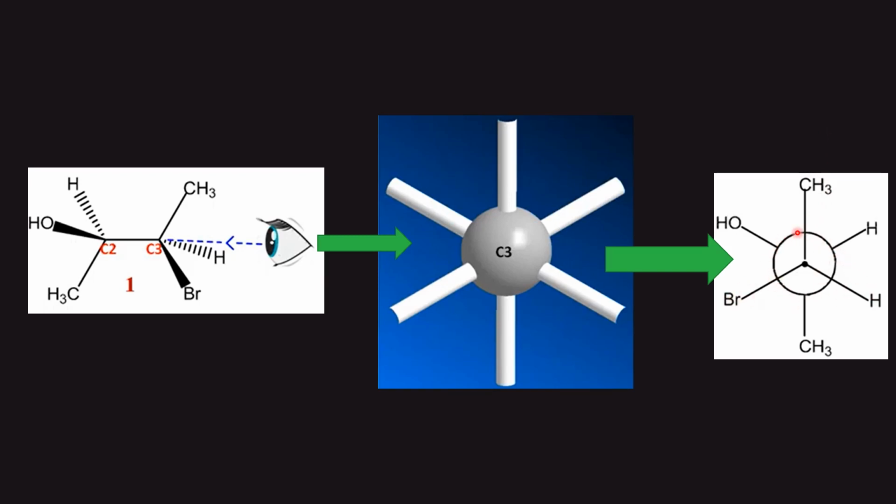as a circle, and when you view the molecule, the rear carbon has OH at left, hydrogen at right. Now you look at from here, this is the front carbon. So the backside carbon has OH at left, hydrogen at right, the methyl down. So this is how the perspective formula is converted to the Newman projection.